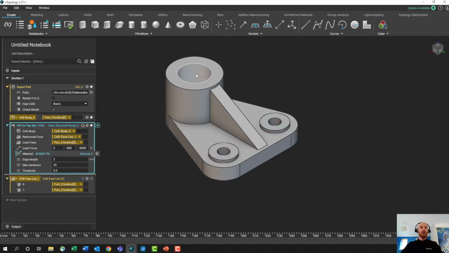It's going to ask me for a load face, and that's all it needs. So in the background, this block is going to take this model, mesh it, and apply the restraint faces and the load faces. The load force is already pre-populated, the material, the edge length. It's going to run some topology optimization to get the topology optimized part. Then it's going to take the topology optimized part, mesh that, and give us a static analysis based on those